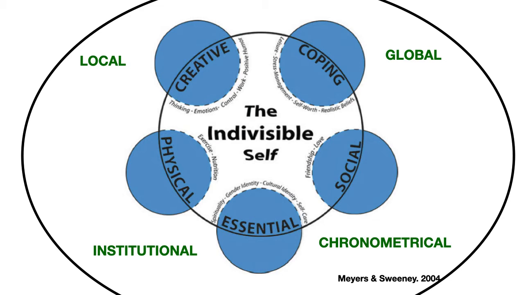The global context are these higher order ideas, so things like politics and culture, things that may be further away from us but still very much have bearing on the way that we live. And finally, we have the idea of chronometrical context, which means that as we move through our lifespan, these different factors and experiences will change, just as the context will change. So not only do we have 3 levels of context, we also have a time span context that we must